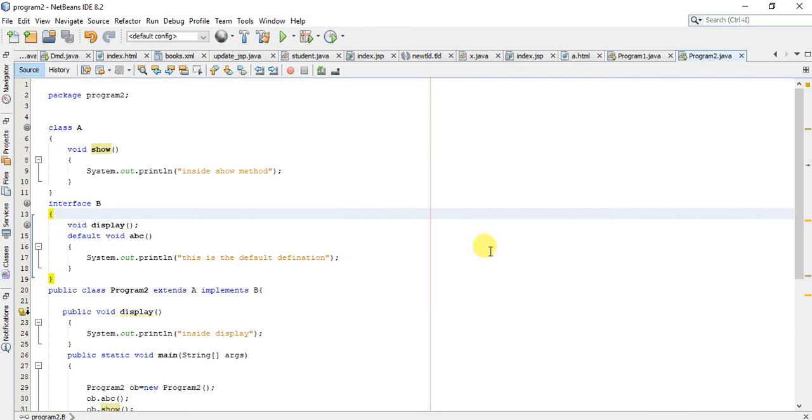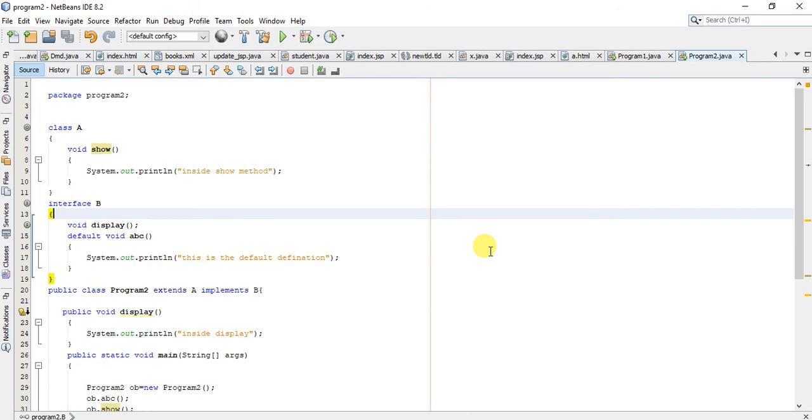So in this video you have seen that Java does not support multiple inheritance directly, and we can implement multiple inheritance in Java by using interface. Interface is nothing but a class-like structure with some limitations. What are the limitations? Interface cannot have concrete methods. Concrete methods means methods which have a definition. The interface members are by default public, final, and static.